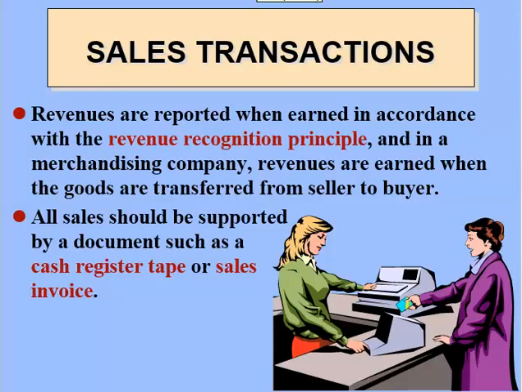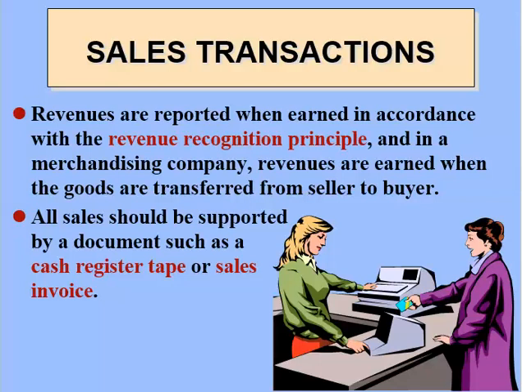Okay, now that we've reviewed perpetual and periodic inventory systems and discussed what the purchase side of buying inventory looks like for a company, let's look at what the sales side of handling those transactions looks like under the perpetual inventory system. Now it says here that we should report our revenues when they're earned in accordance with the revenue recognition principle. And so for a merchandising company, we earn our revenues when we actually transfer the merchandise from the seller to the buyer. And then obviously all sales should be documented by some sort of